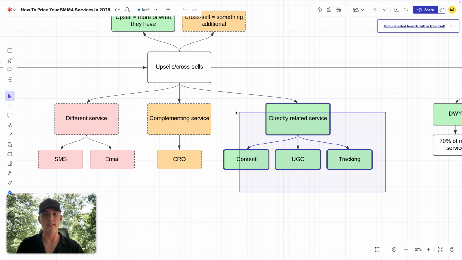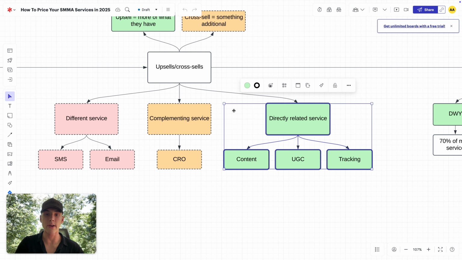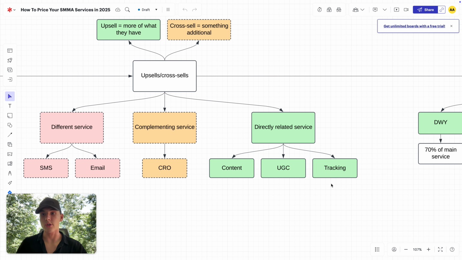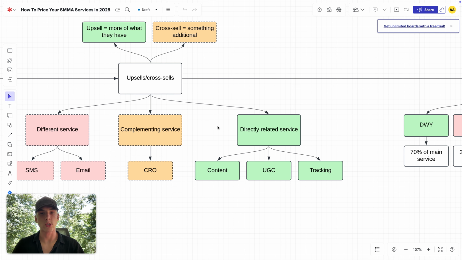And all of these directly related services will also make your main service better, and you will get paid more. So it's like a win-win-win situation on every single level. So I really recommend, if you are planning on upselling, start with directly related services, but don't venture into this before you have mastered your main service and before you have scaled to 30, 40, 50K a month, because the market is huge. Don't get this shiny object syndrome of trying to offer everything at once. Get good at paid ads, offer paid ads, earn a ton of money from paid ads, and then once you feel that your business is kind of slowing down, you can begin implementing directly related services